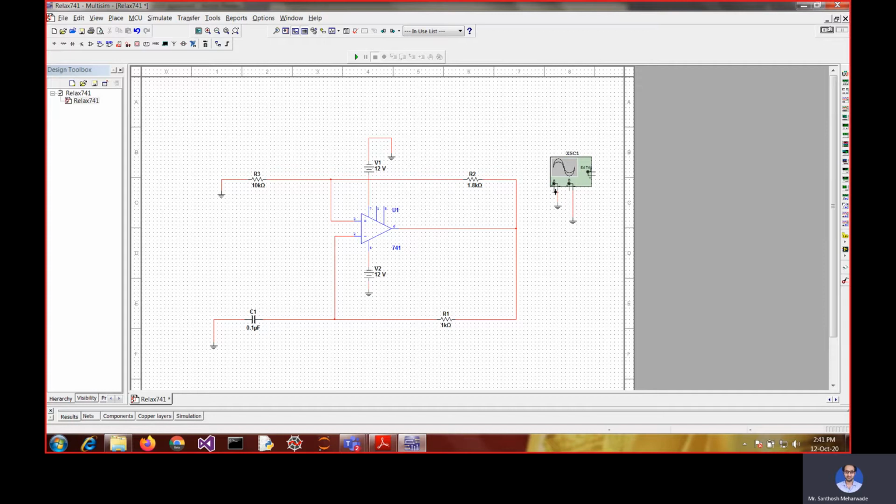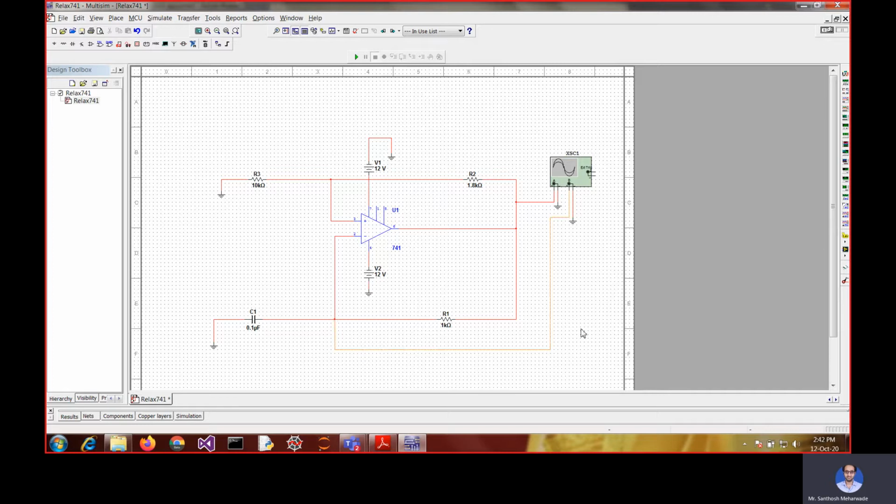This positive terminal of this one, I can connect over here. You can see that it is not connected properly, so let me connect this properly. You can see there is a red dot, which means it is a junction. Then similarly, this particular channel B is connected between the capacitor for charging and discharging. I am going to connect it like this at this junction.